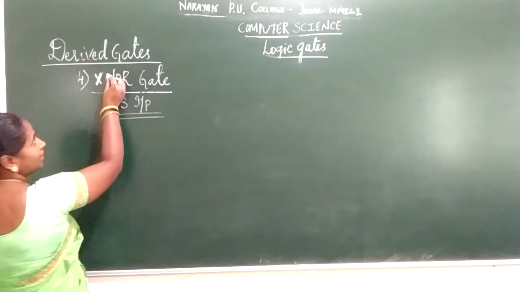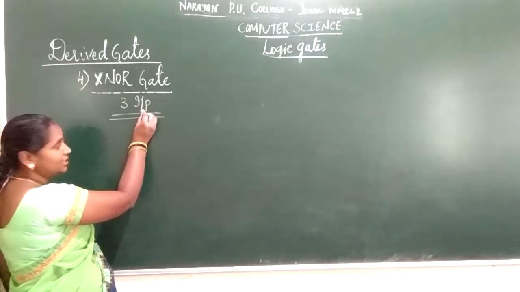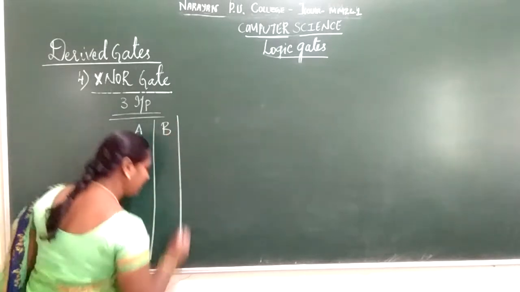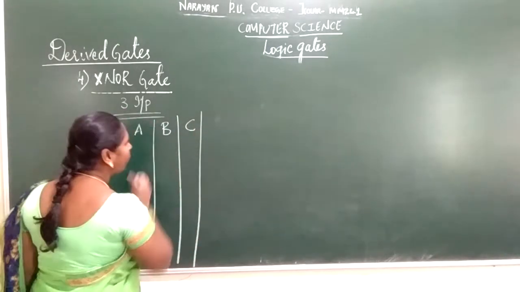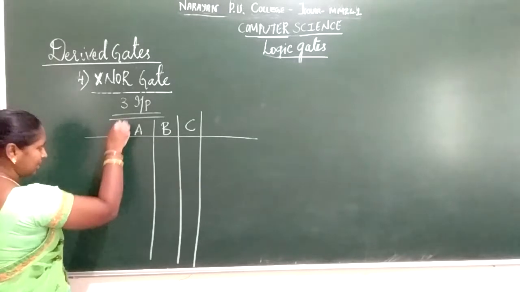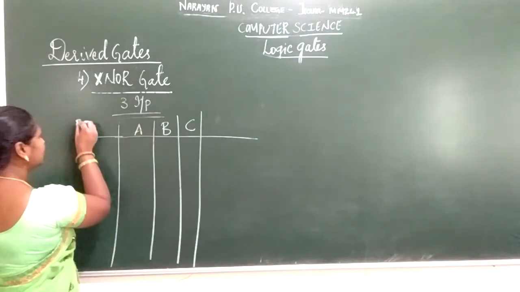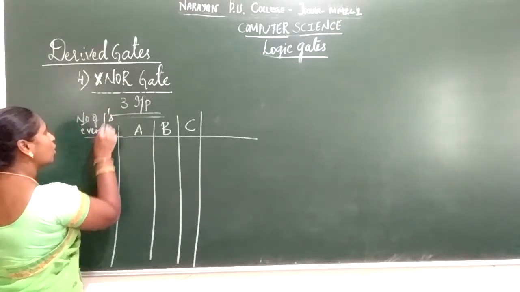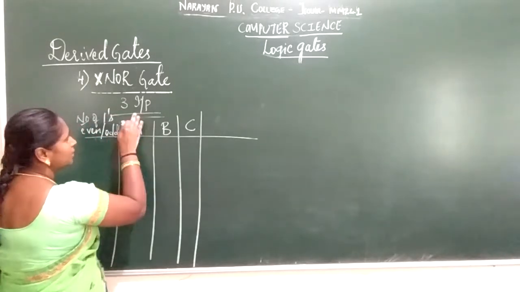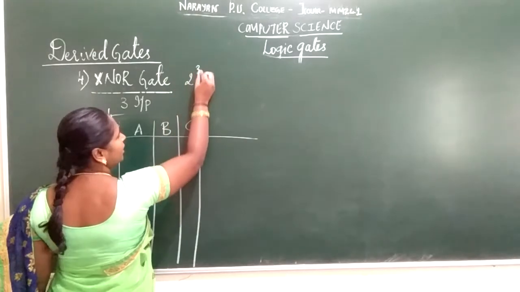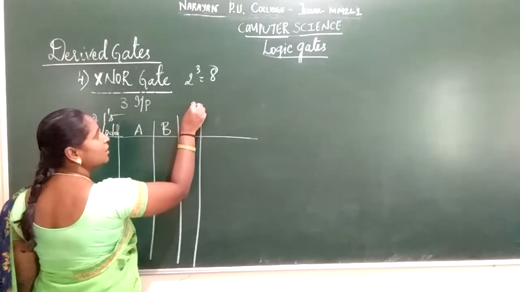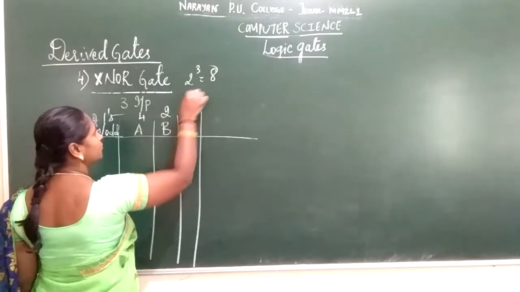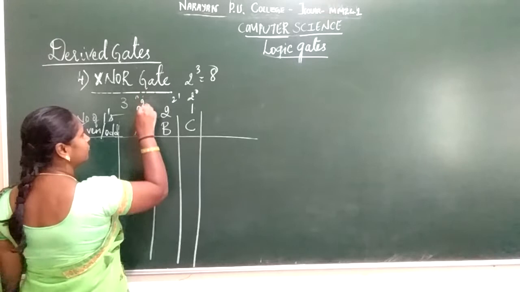Students, next we are going to see the XNOR truth table under 3 input signals. So consider 3 input signals A, B, C. Here you represent another column for your understanding, that is whether the number of ones is even or odd. With 3 inputs, it is 2 to the power of 3, that is 8 possible ways of inputting. Go for your 2's multiples: 1 two is 2, 2 twos are 4, that is 2 to the power of 0, 2 to the power of 1, 2 to the power of 2.